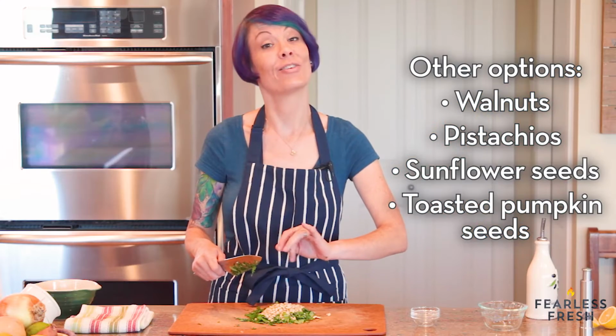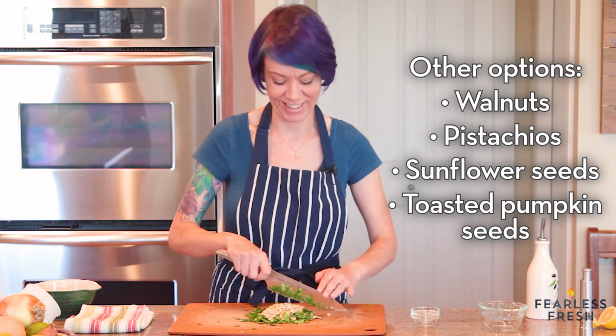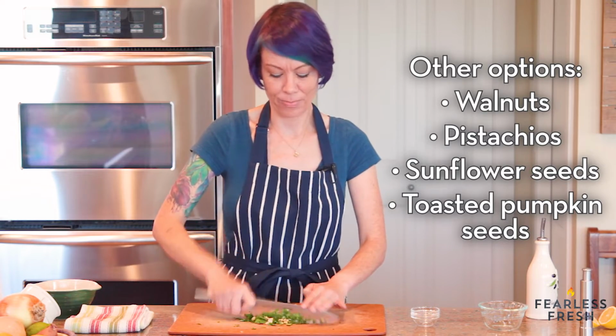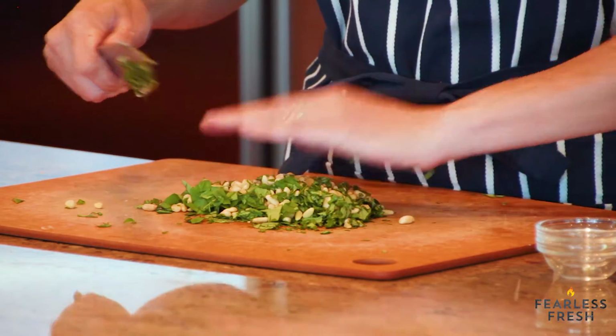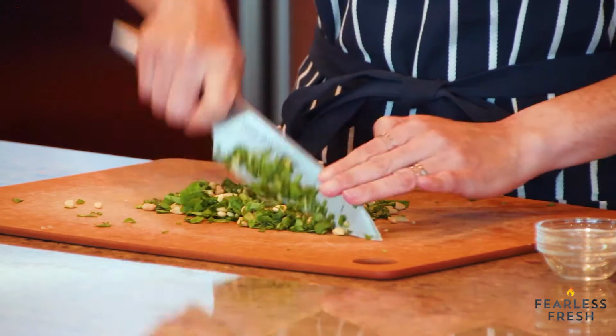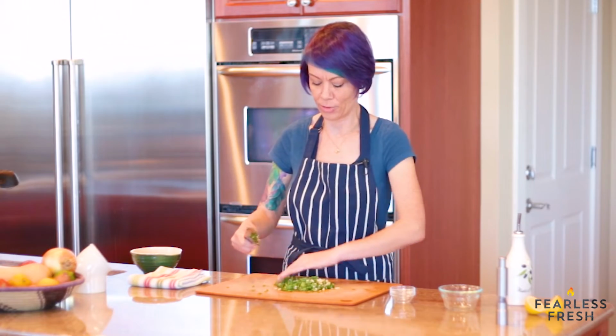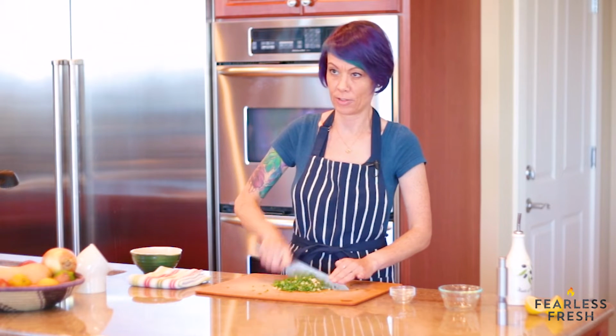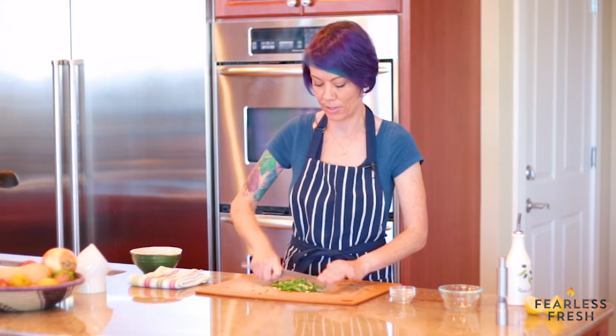And guess what? We're going to keep chopping. It's really easy to do. It does require a little bit of elbow grease. You'll find that the pine nuts don't really chop so much because they're small, so they slip away from the knife, which is fine. The reason we're using pine nuts in this recipe is because they're pretty small, so even if they don't get